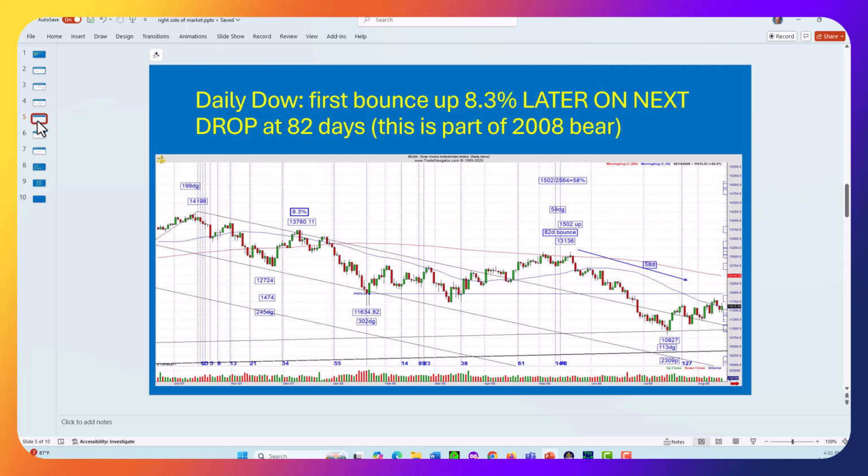Okay. Now, this chart is a historic archive chart going back to the 2008 financial crisis. I'm breaking this down on a daily basis. This is 2007 to 2008. This bounce over here is up 8.3%. By itself, it doesn't mean anything until we realize